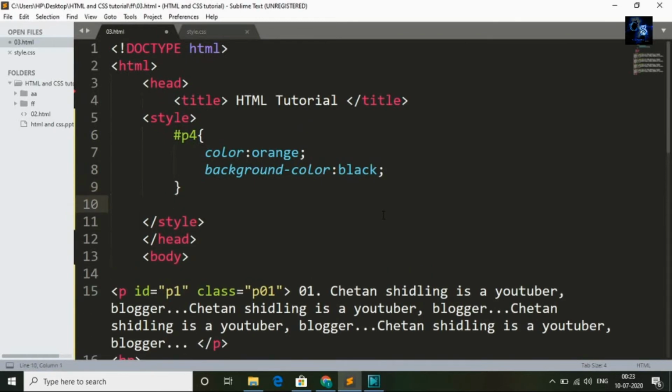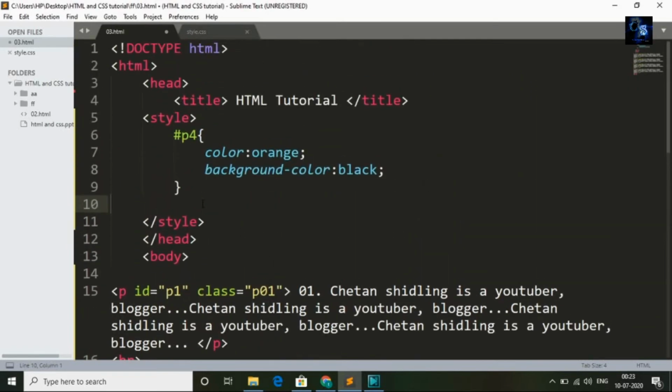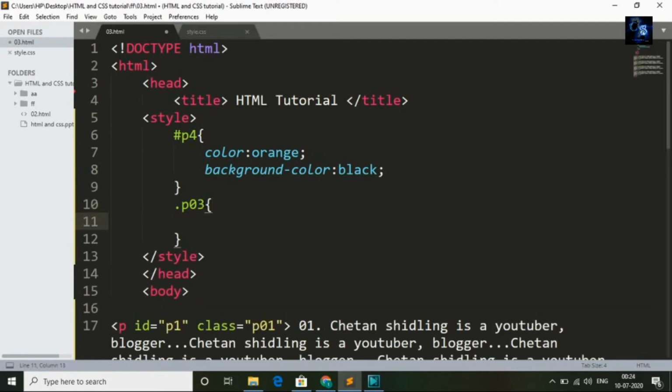Now I will apply class to paragraph 3. To apply class, first you need to type period, then P03, then flower brackets. Inside flower bracket you need to mention color.